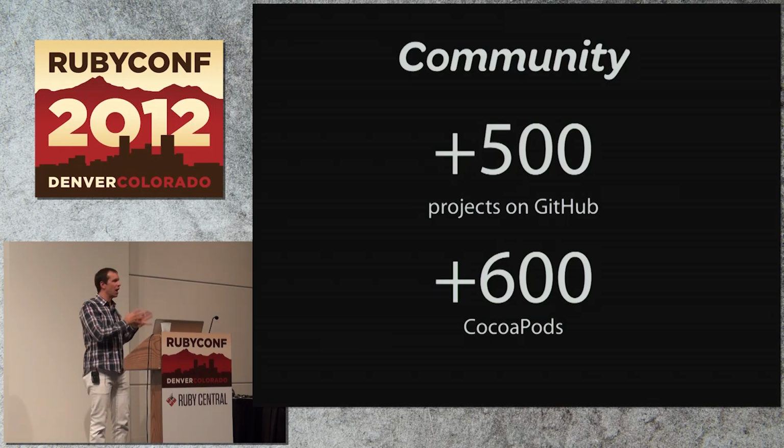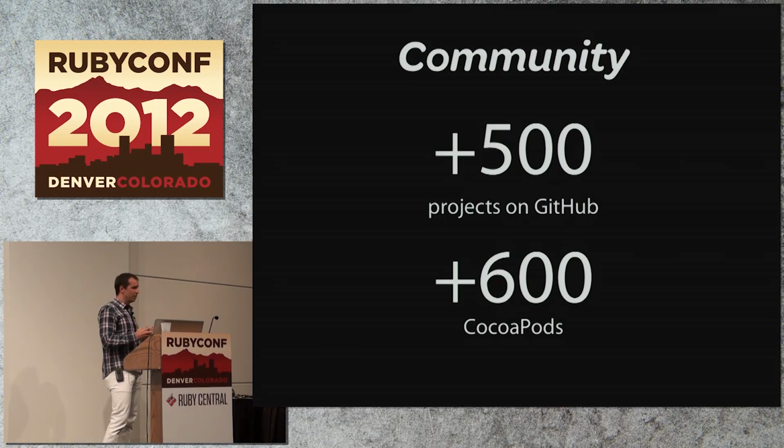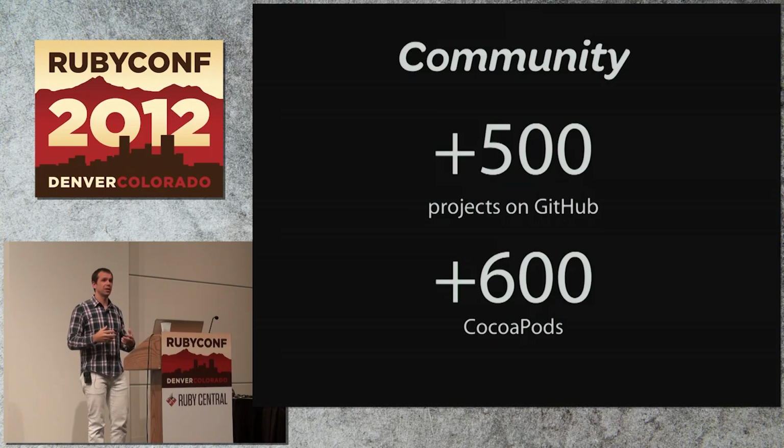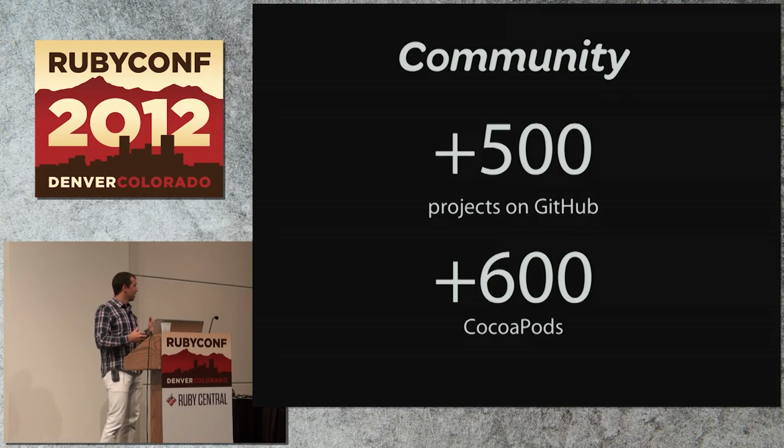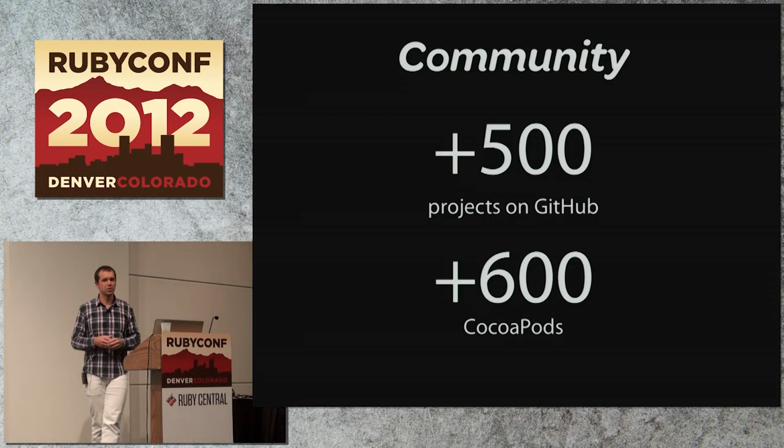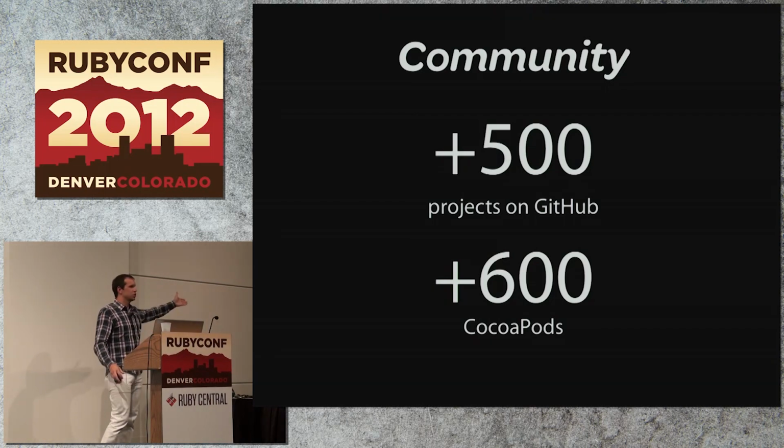So these are libraries that, when you install a pod, just like when you install a gem in Ruby, it compiles it, right? These pods will come down and build on your machine. So they get downloaded, and they're built on your machine. And then you include the pod in your code, and now you can reference all those classes. The same classes that are in there, or the C functions that are in that pod, you can access from your Ruby code. So now, if you want to use the Facebook library, or name your library that's out there that you want to integrate with, the native library, you can just use it.